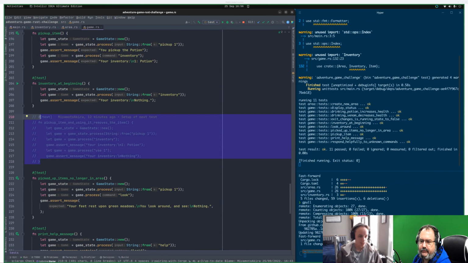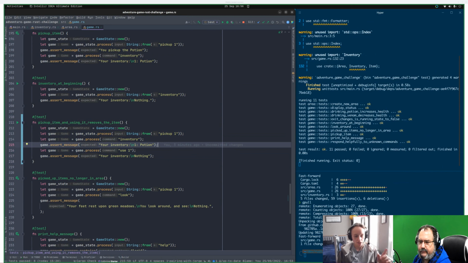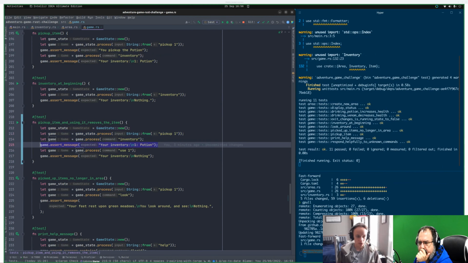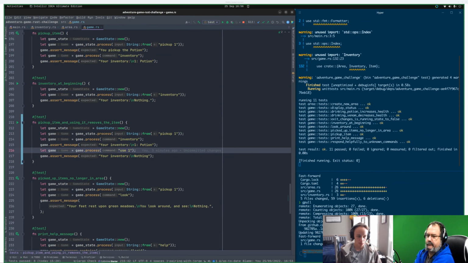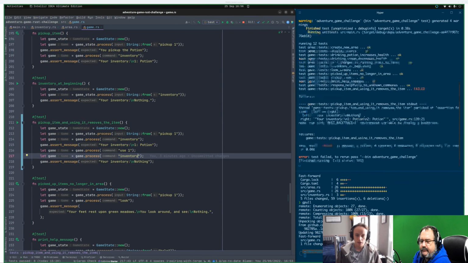So we have this test here we were writing last time. I think we didn't finish writing it though, because there's 4 steps. You pick up the potion, that's fine. Then you check the inventory, make sure you get the correct output that says I've got a potion. Then you need to use it. Then you need to check your inventory again and see nothing. So I think the thing we're missing here is that step that calls inventory. Yes, you're right. Then hopefully we see it should see nothing, and instead it sees 2 potions. So we've got a good test.